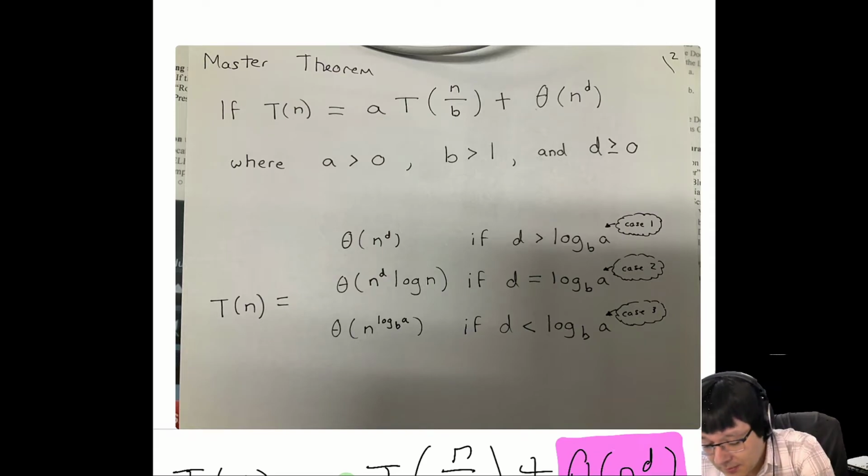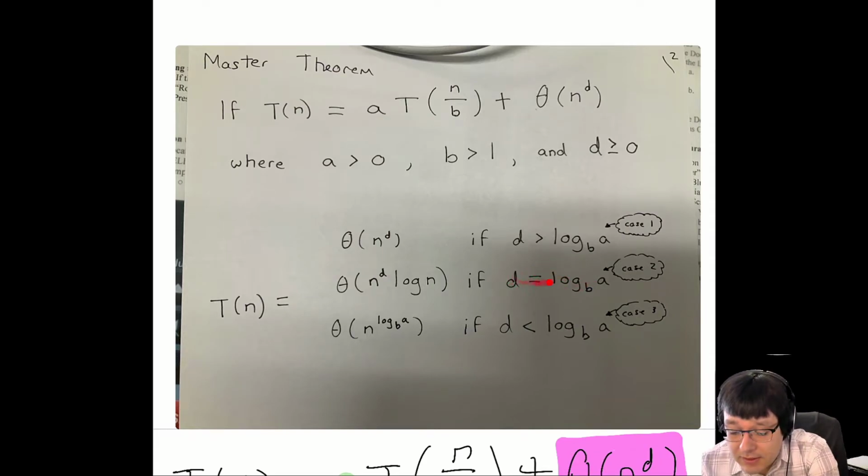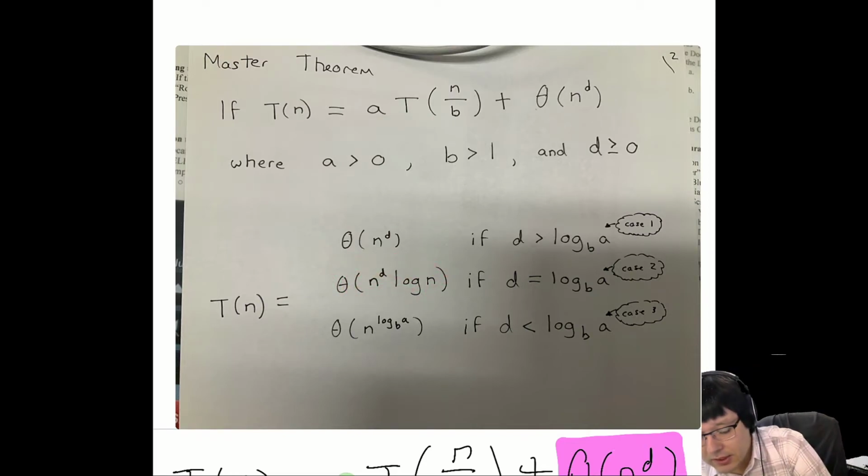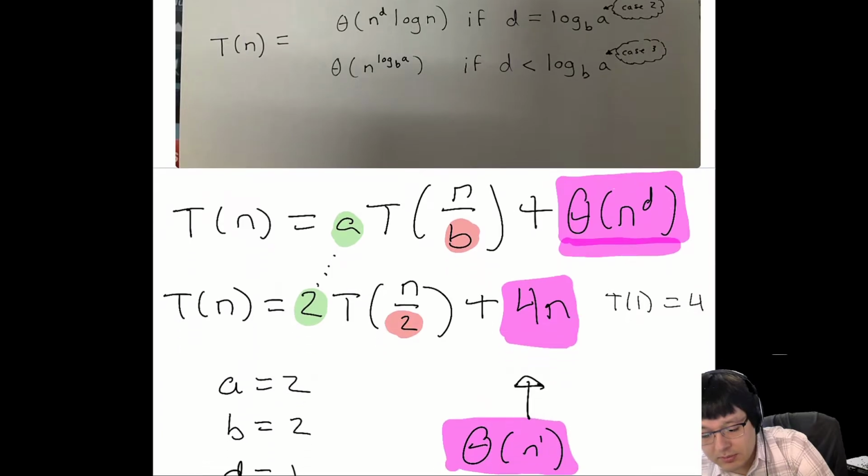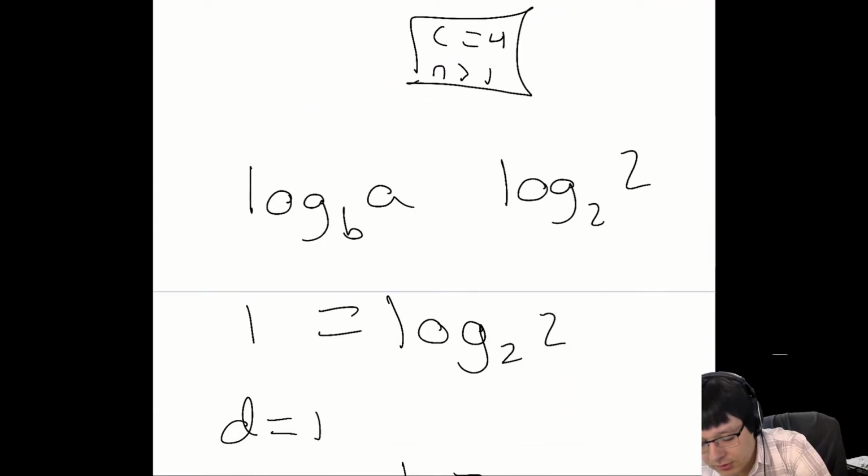Sorry. But here, D is equal to log B of A, okay? So log B of A is equal to 1 and D is equal to 1. So in this case, because they're equal, we're looking at case 2, okay? In case 2, the answer that we are seeking is right here. So let's go ahead and copy that case 2 beneath right here. So case 2 says,